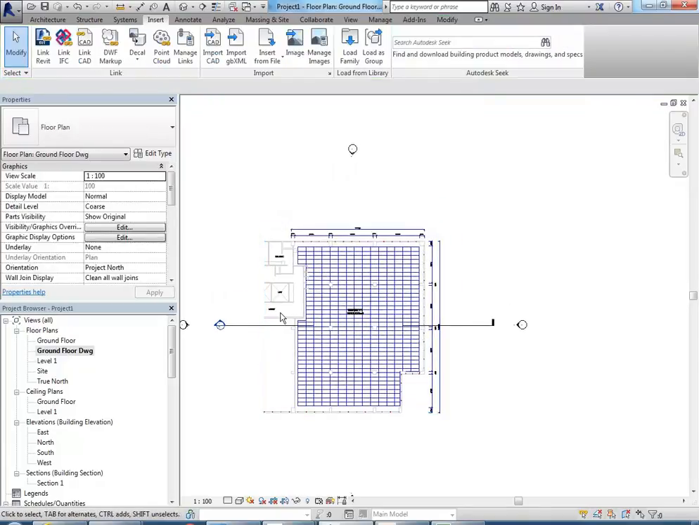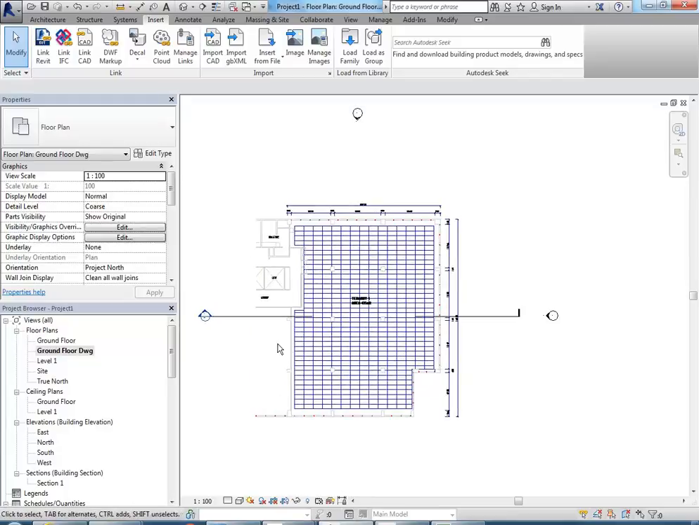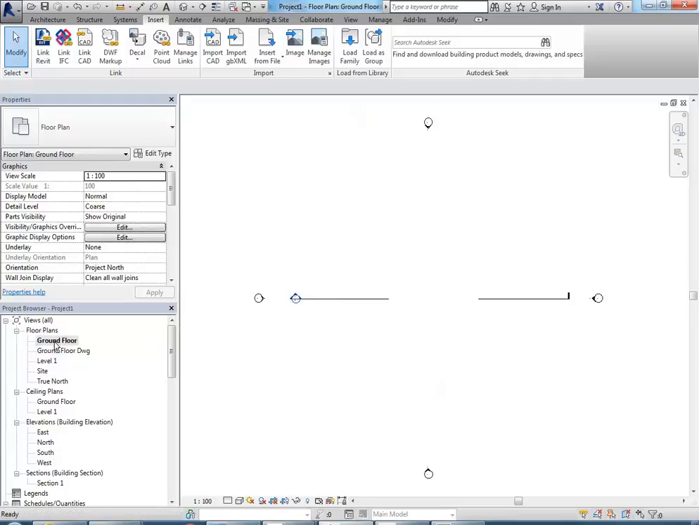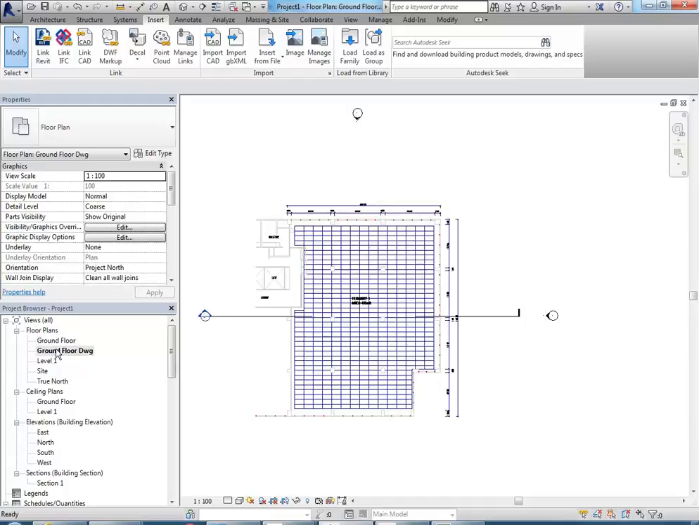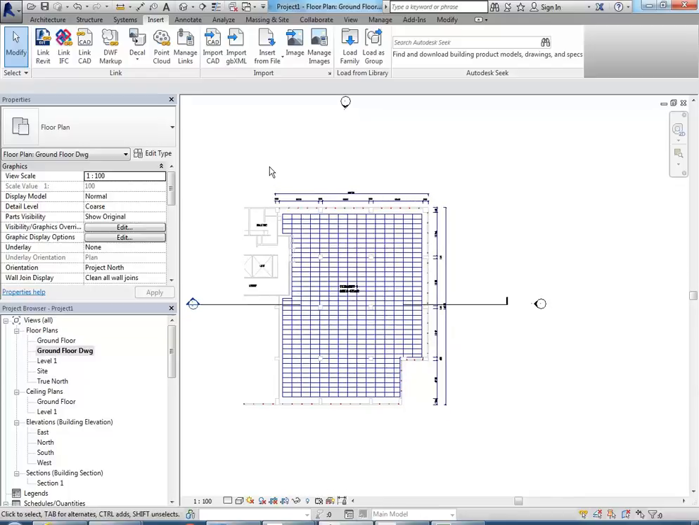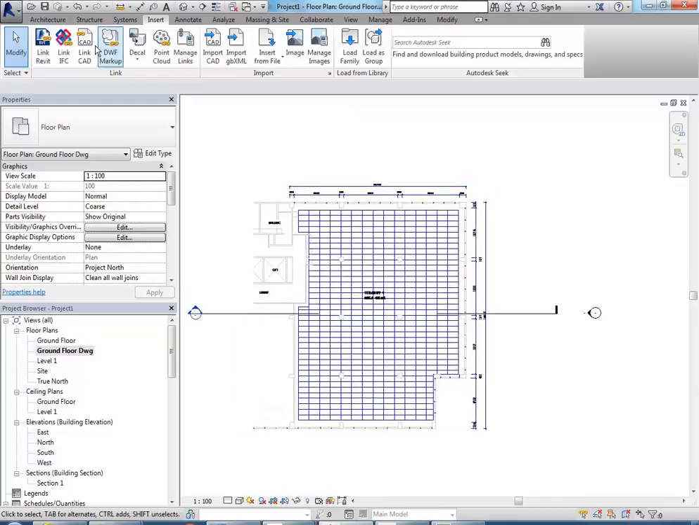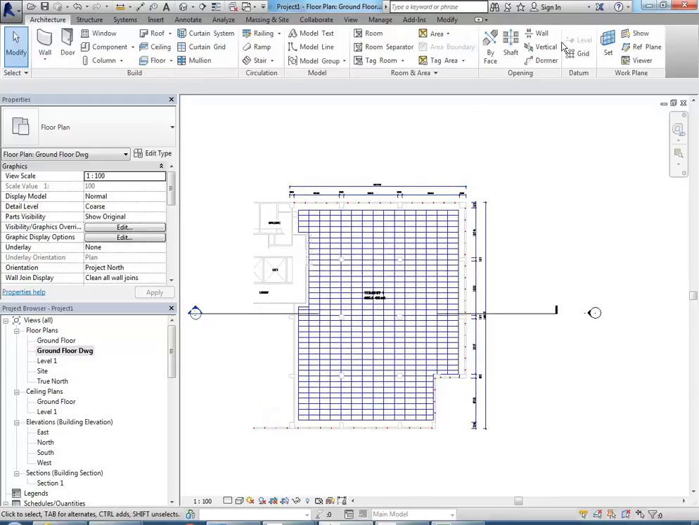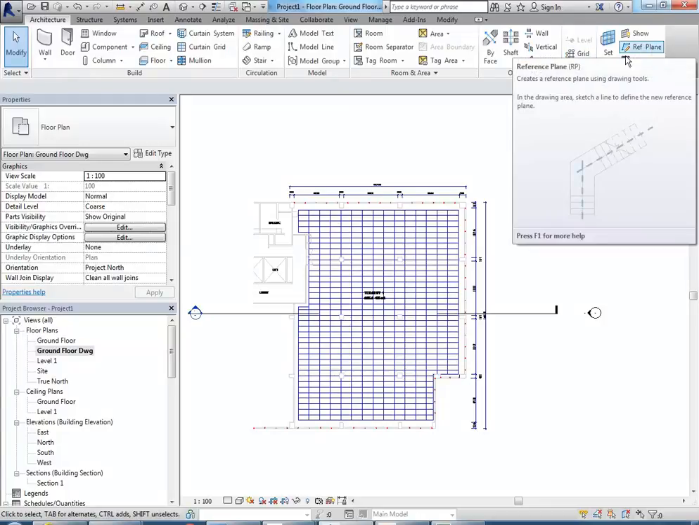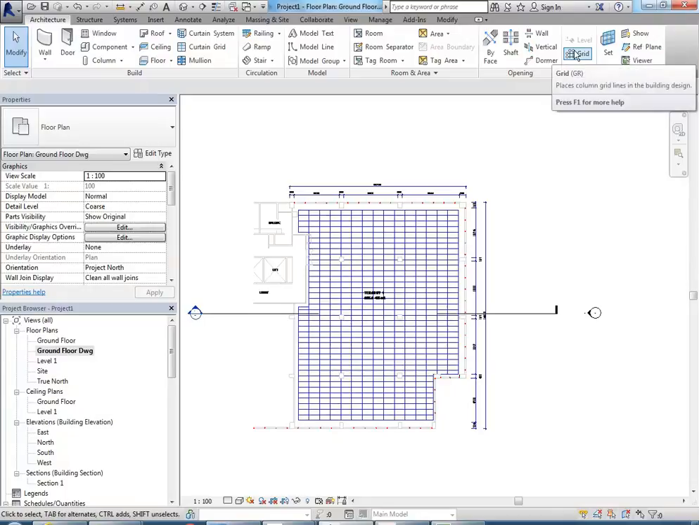Right, so I've imported the drawing, and remember I chose current view only. So if I look at the original ground floor, it's not in that view. It's just in the copy that I've made. And I'll start with the new tool that I'm going to show you, which is the grid tool. So I've looked at reference planes and levels before, which we're going to use in a moment, but you probably haven't used the grid tool. So I'm going to click on grid,